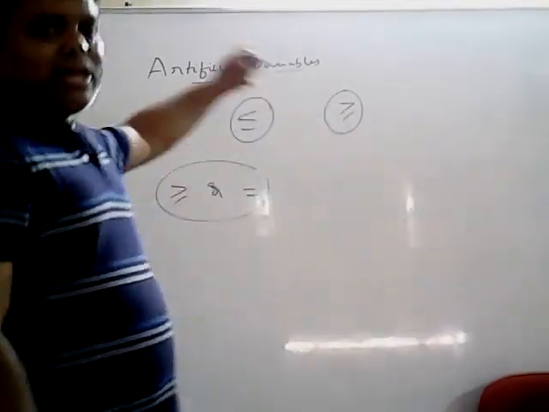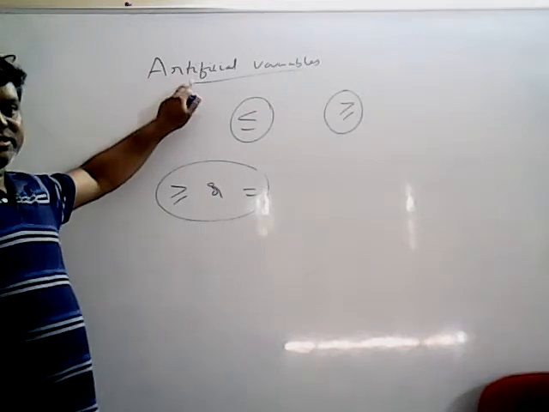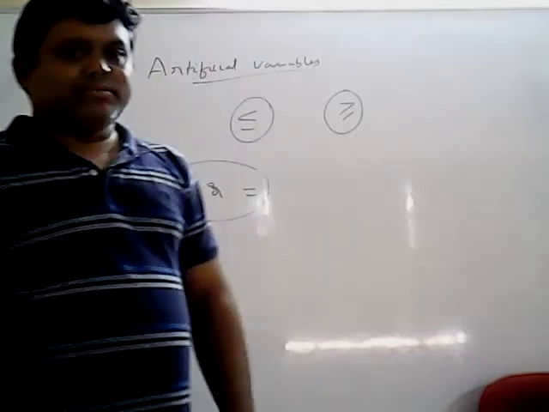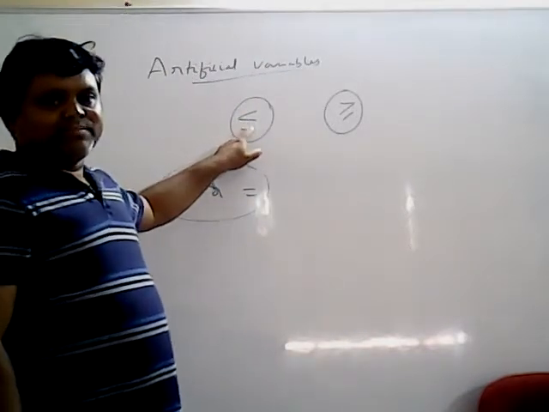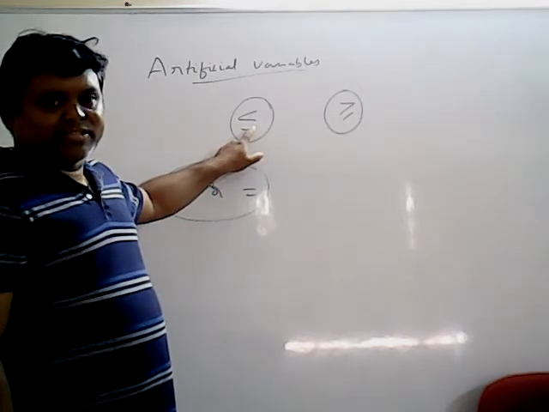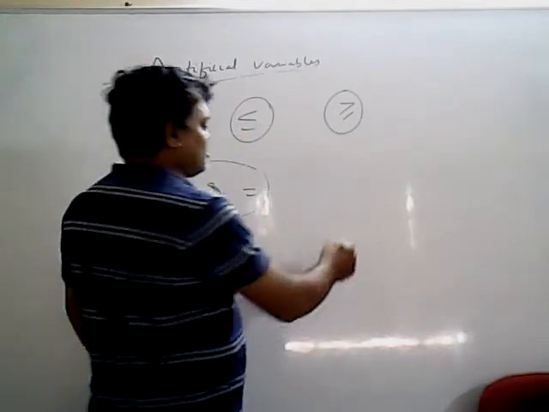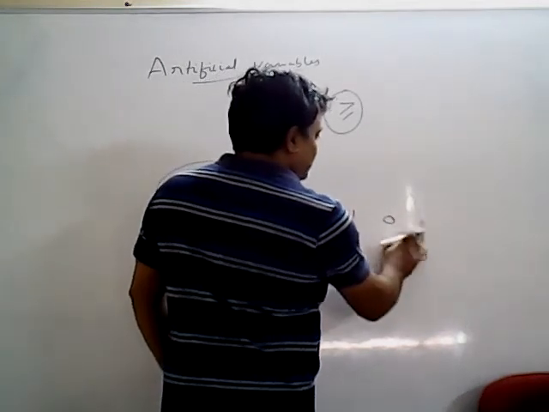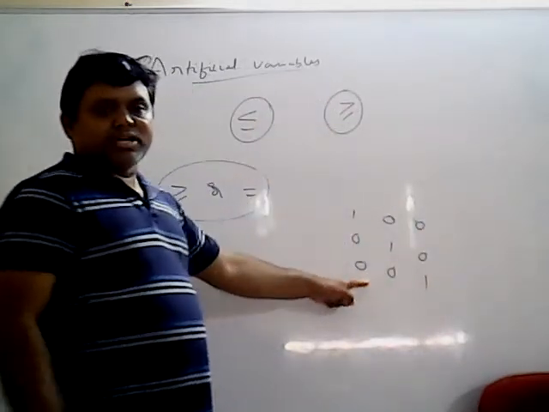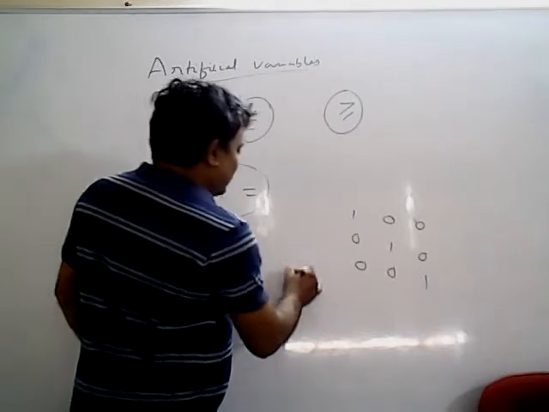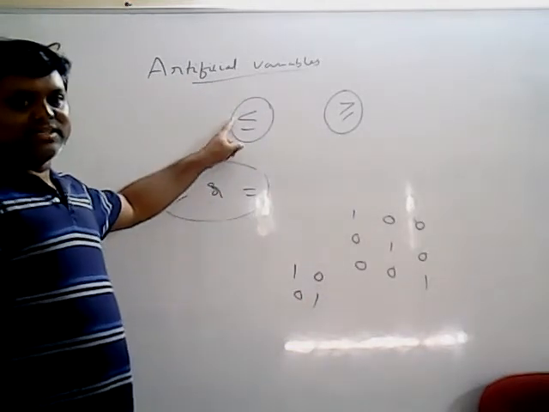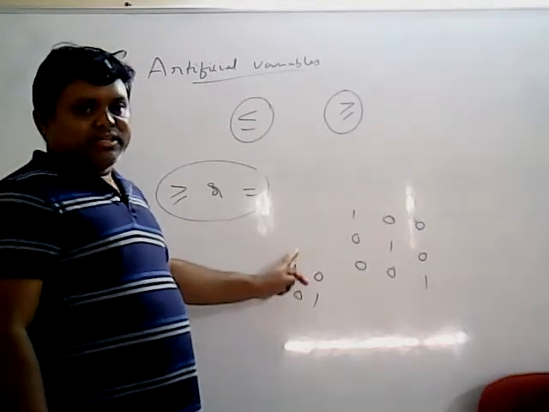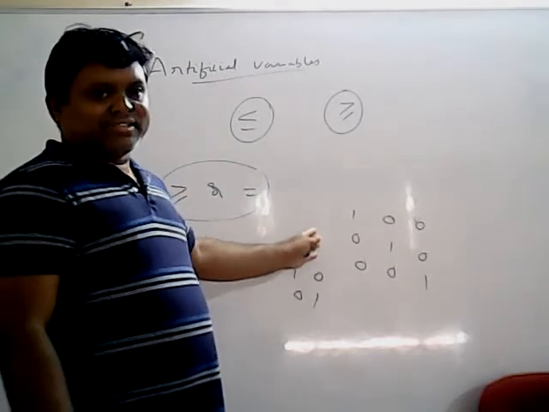Now, why do you require artificial variables? If you observe in the ordinary simplex method, where we have already done three problems, if the constraints are less than or equal type, the initial basic feasible solution exists for the LPP. Initial basic feasible solution means a unit matrix exists. Suppose three constraints are there: 1 0 0, 0 1 0, 0 0 1. This exists, and we have solved it. Suppose two constraints are there: 1 0, 0 1. If the constraints are less than or equal to type, for that LPP the unit matrix exists directly.